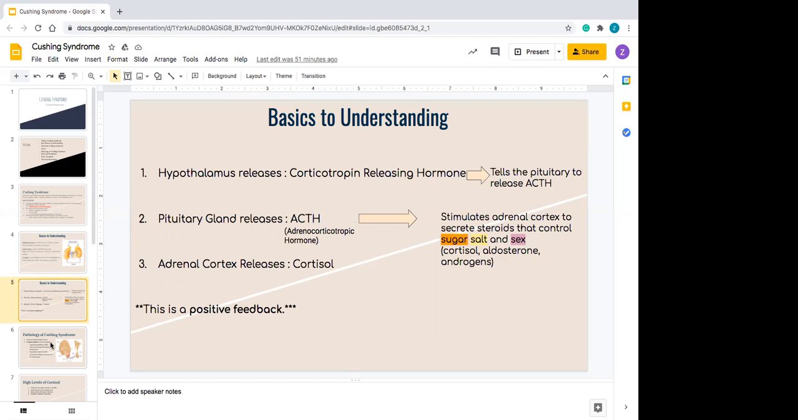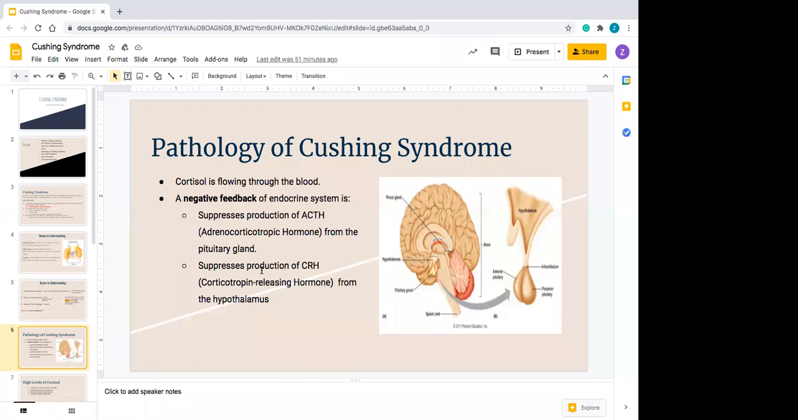So getting into the pathology of Cushing syndrome, basically cortisol, once it's released from the adrenal cortex, is flowing through the blood. Cortisol basically tells the pituitary gland to stop or suppress. It inhibits the production of the ACTH, and then it does the same thing to the hypothalamus. So it's both suppressing the ACTH and the CRH from the hypothalamus, and